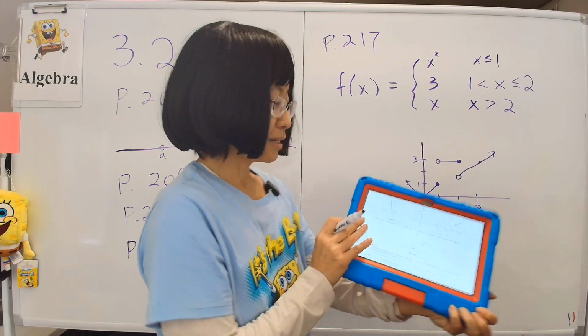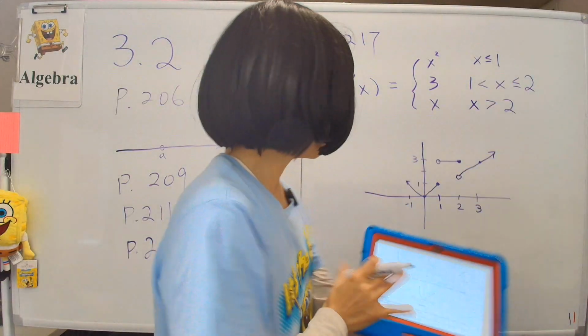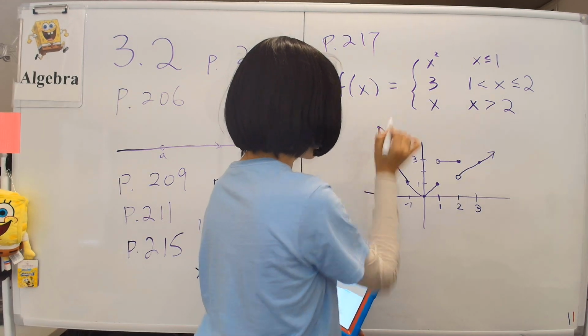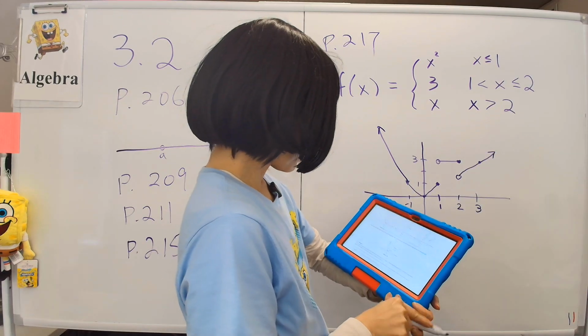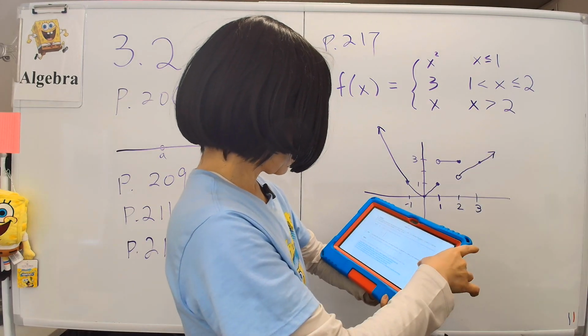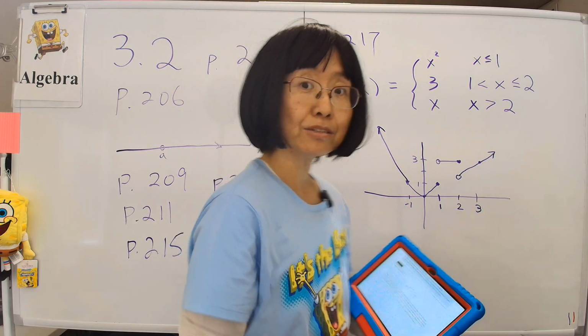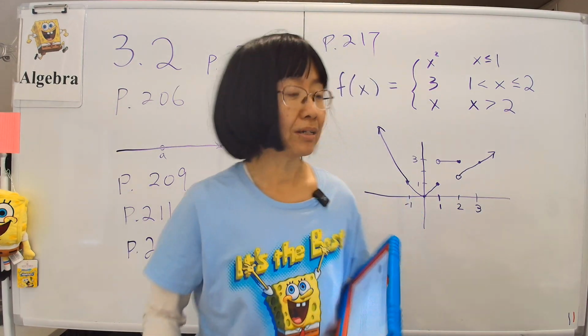Although, see the piecewise function here? The book shows this part going a bit higher, so I can do that. Okay, let's draw it higher, whatever. But that is the right answer. This is example 13, so please do this example carefully as part of your homework because this example is